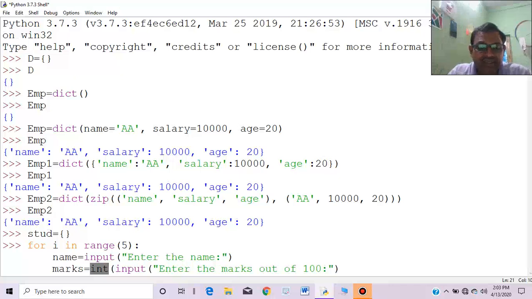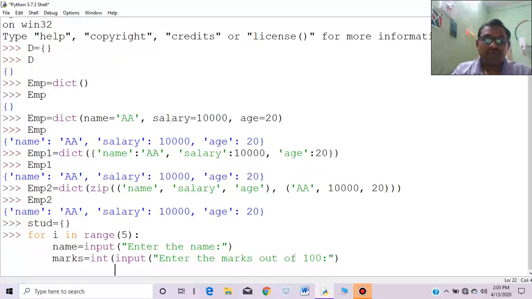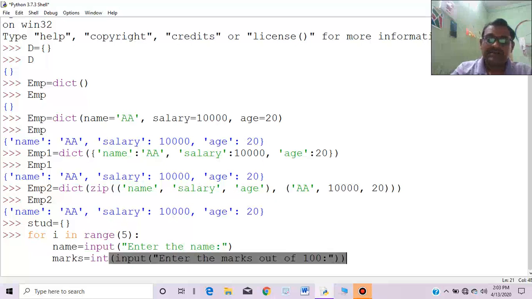That's why it is there. But in the case of name, nowhere is int there, because name is directly in the form of a string, hence no type conversion is needed. Okay, that's clear. So now what's happening here after these two statements? Let me check. Oh, one parenthesis is needed more to finish.